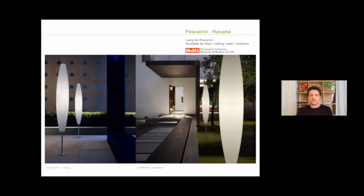Foscarini, as Carlo mentioned in the introduction, was a very important project, not only for me, but for Foscarini, which is today recognized as one of the leaders in contemporary lighting design. But many people don't know that at its beginning, Foscarini was strictly focused on Murano glass, the tradition of hand-blown Venetian glass. And Havana was a proposal that ended up being